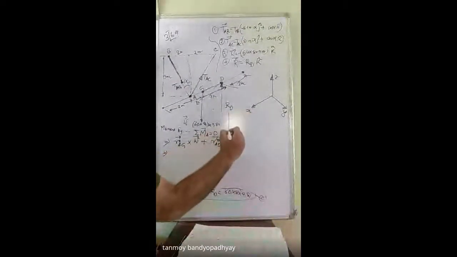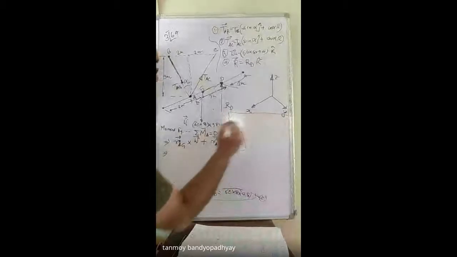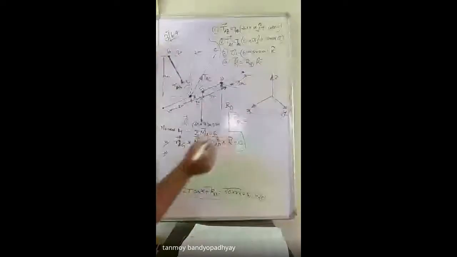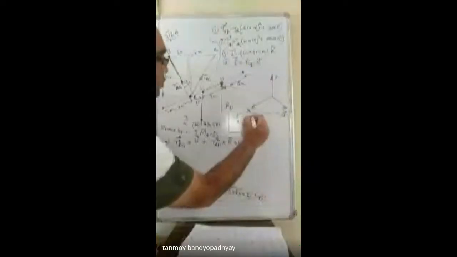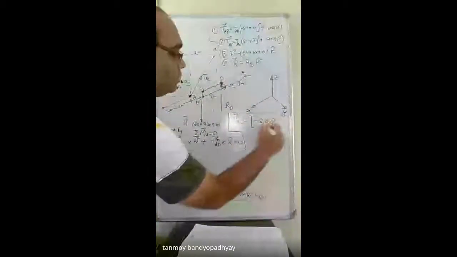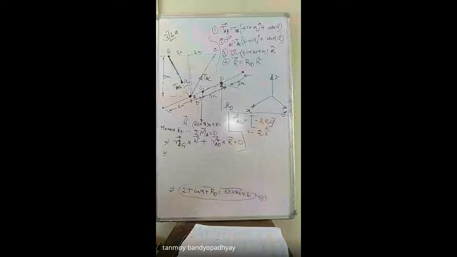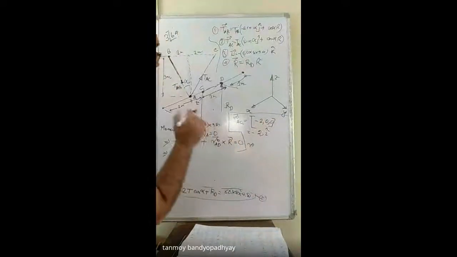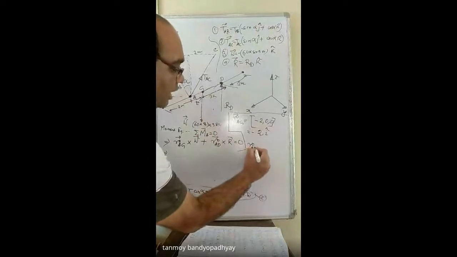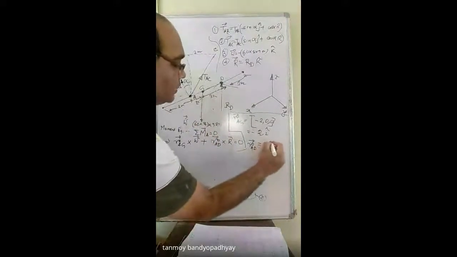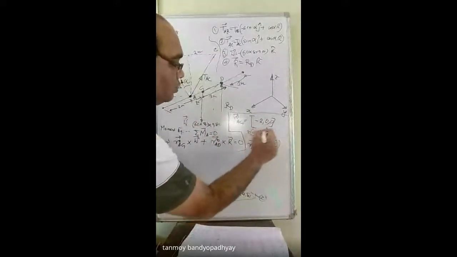So now let's determine these position vectors. We need to determine initially RAG. RAG will be the coordinates of G itself. What are the coordinates of G? We are moving to the negative X direction, so that should be -2, 0, 0, that is -2 i cap. Similarly, for RAD, you are moving a distance of 5 meters, so that is -5 j. So these are the two position vectors.